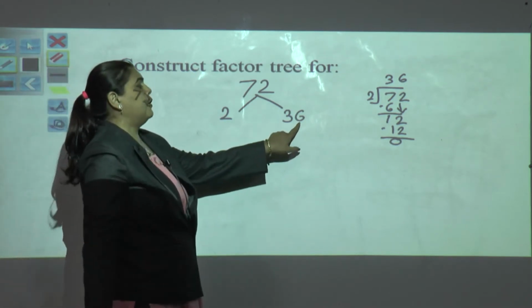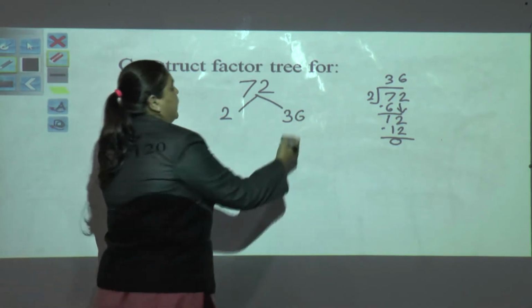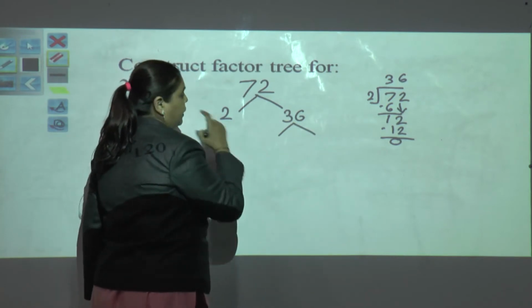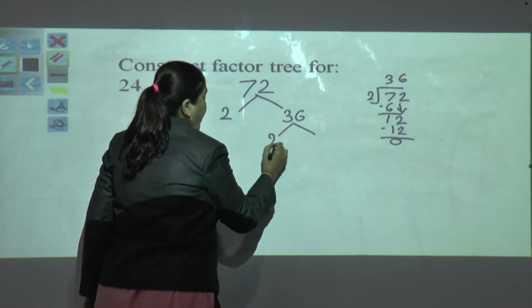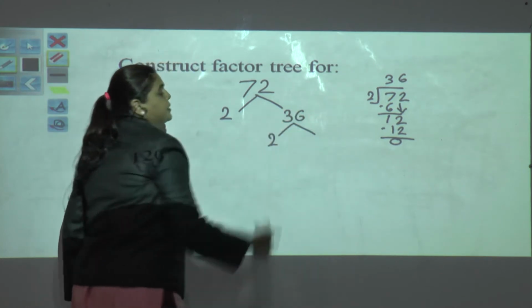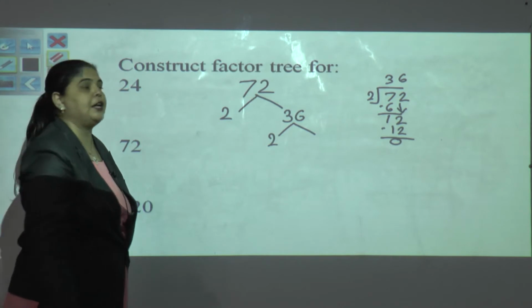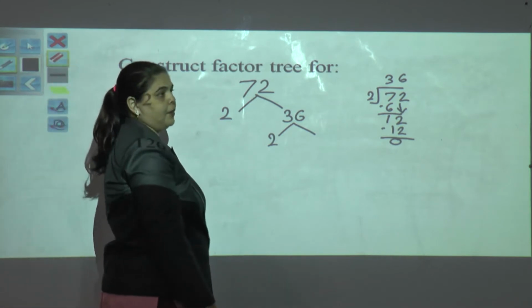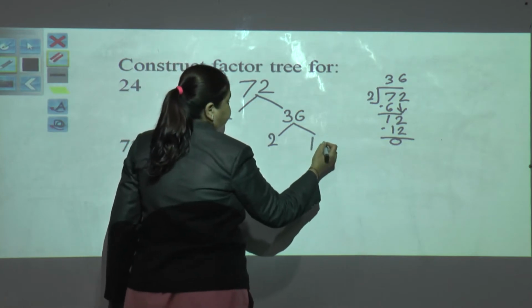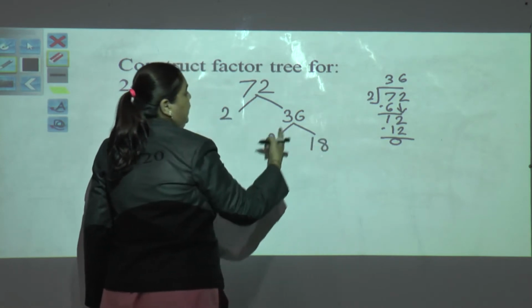Now again we have an even number, that is, 0, 2, 4, 6, 8 are known as even numbers. So here again it will go by 2. You know the table of 2, and 36 you are very familiar with because we get it in between the 20s table. So 2 times how much is 36? 18. 18 twos are 36.